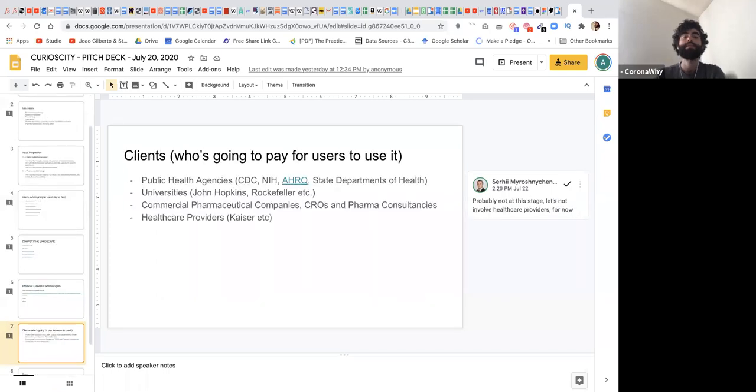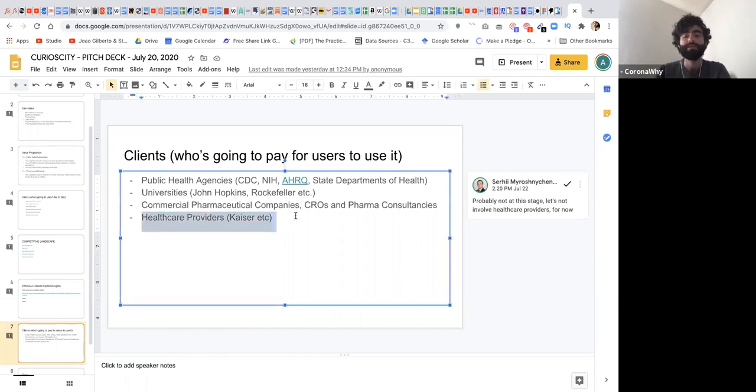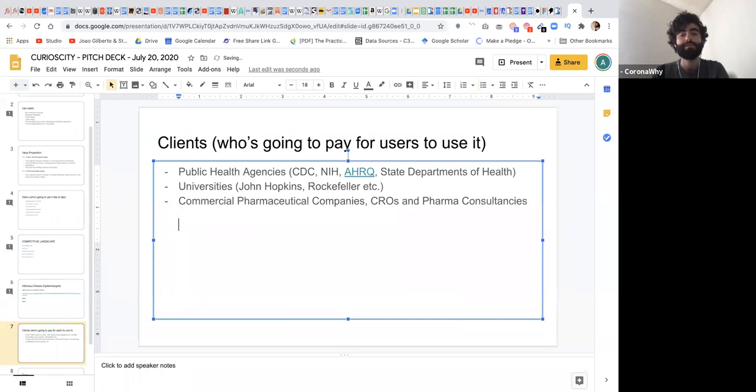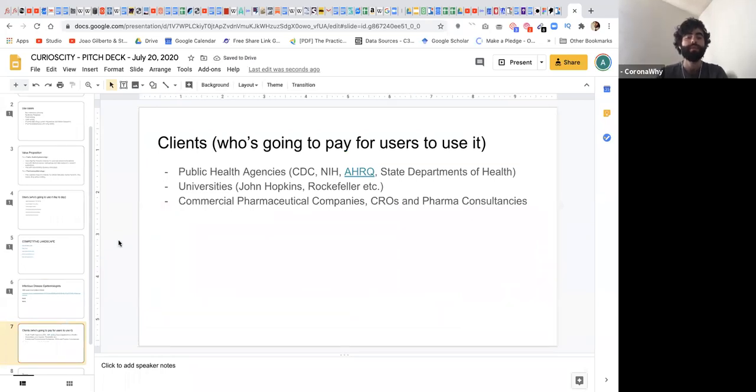And then there are clients, because obviously someone has to support this infrastructure in the future. So we're ideating who would be the client that would be donating or paying subscriptions or things like that. So be it public health agencies, universities, or commercial pharmaceutical companies, or healthcare providers. I think healthcare providers is a tough one, so we can just remove this one for now and focus on